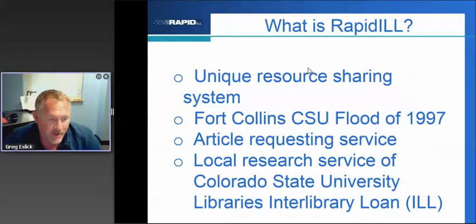So what is Rapid ILL? It is a unique resource sharing system that was designed by the interlibrary loan staff at Colorado State University. This happened after a devastating flood in 1997. Some of you might have been around during that time, remember that event. What happened was the library's basement was flooded by water coming in through the windows, ironically in the office as we sit now, which filled the basement and destroyed millions of volumes